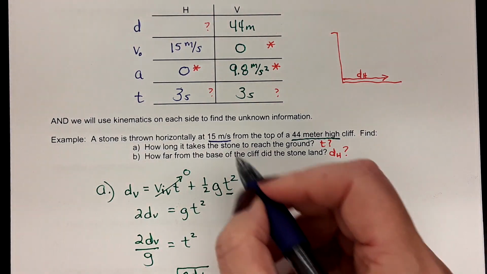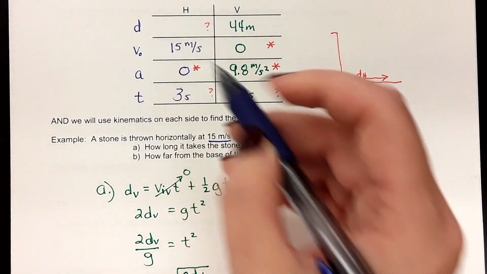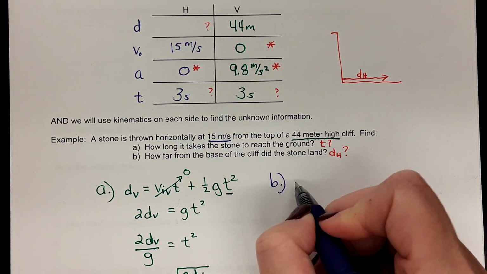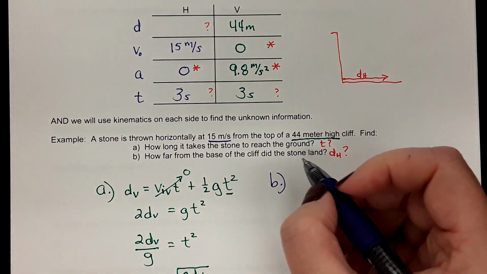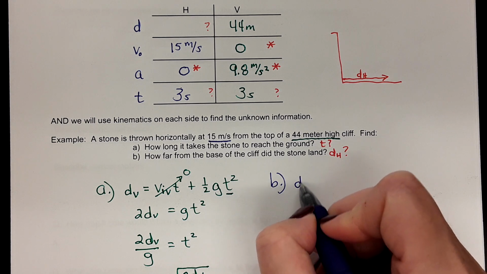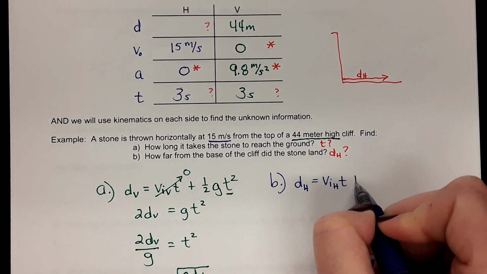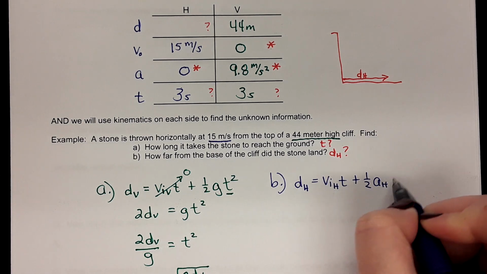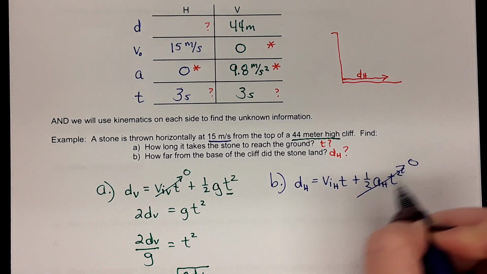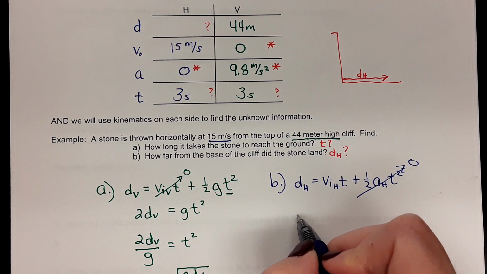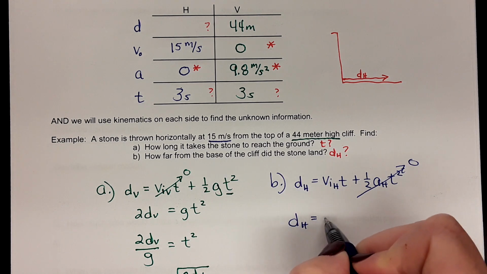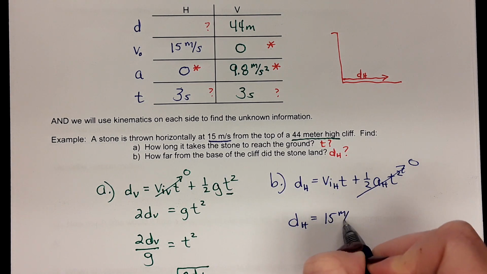So now we have enough information, 3 knowns, 1 unknown. We have enough to find the second part, the horizontal distance. So we're going to write out the general equation again. And we know this part drops out. We're left with constant velocity. So we get dh equals 15 meters per second